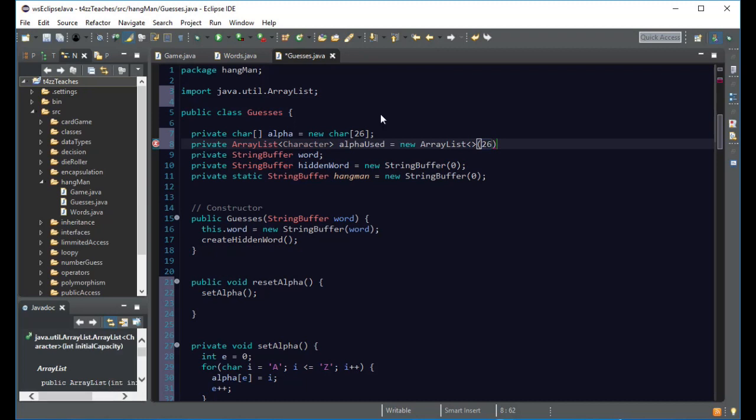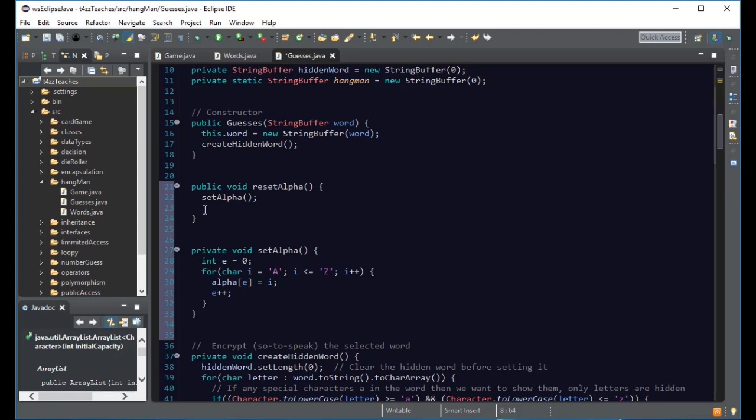Actually this makes me think. I think we want to set that to 26, so that it's going to be able to add them, but it's going to create a blank one of 26. I was just kind of wondering, do we want it as an array list then? Yeah, we'll just leave it. So now we want to set our array list back. Oh, because we do want to be able to modify it. So we want to say,